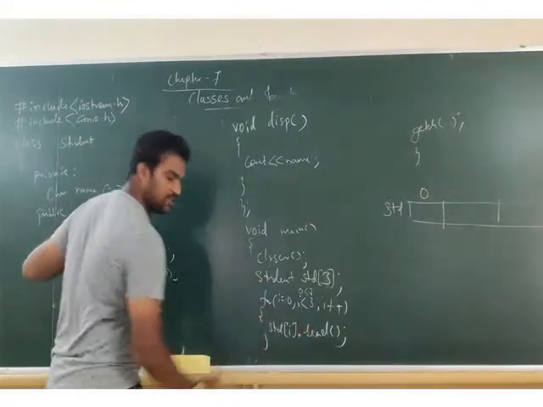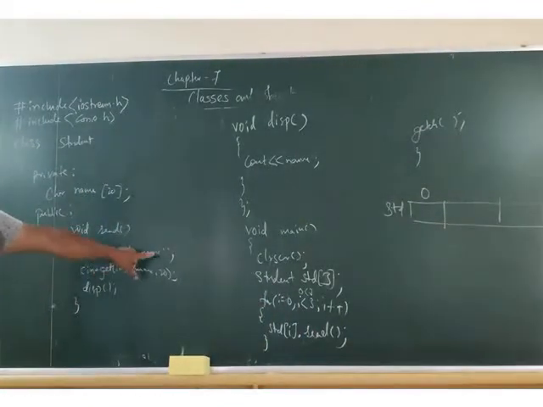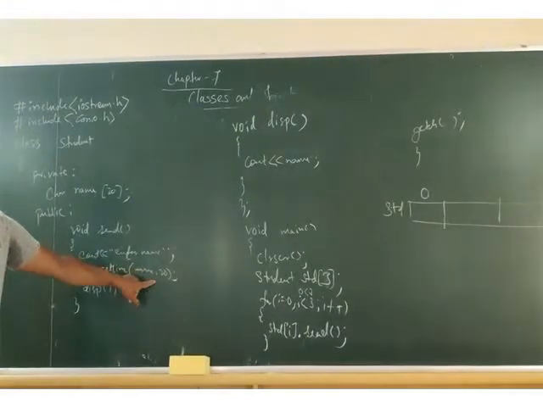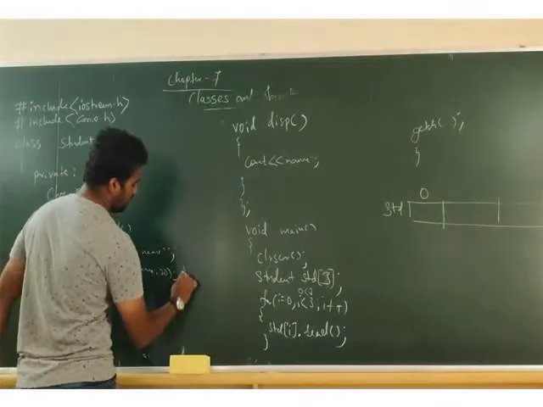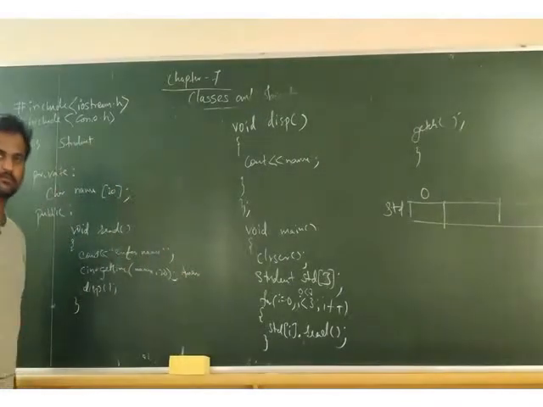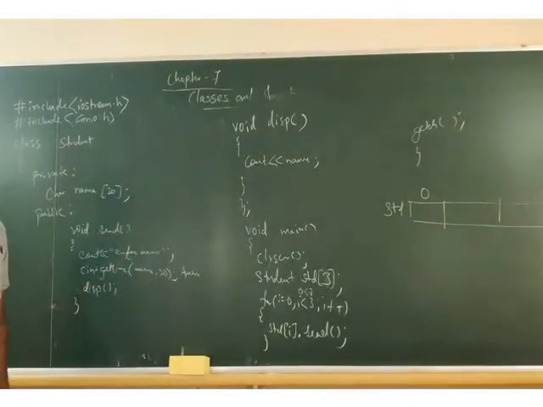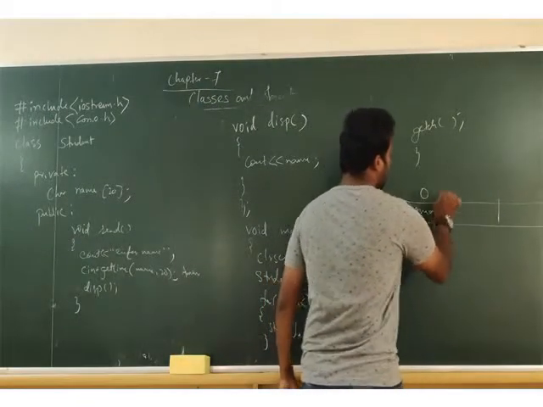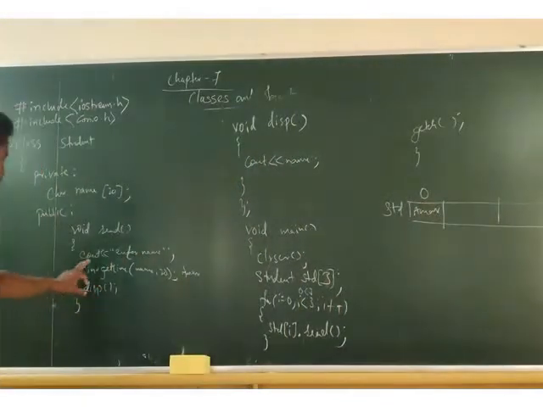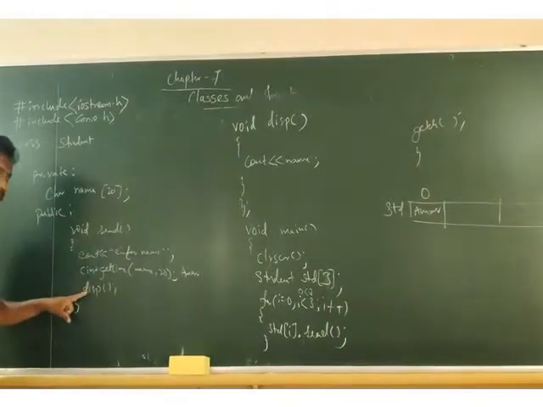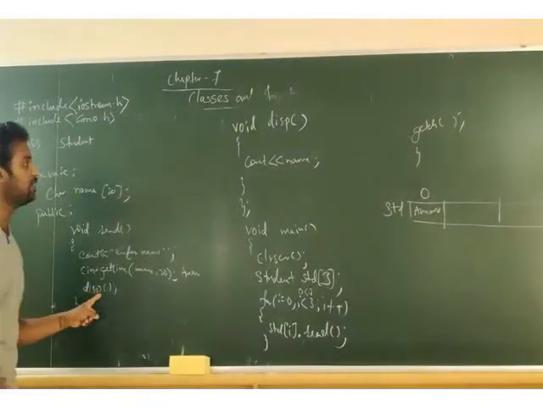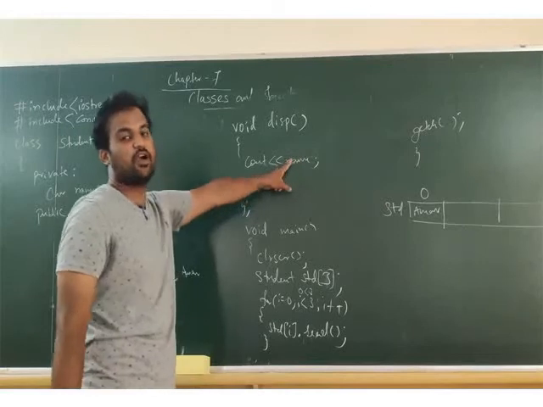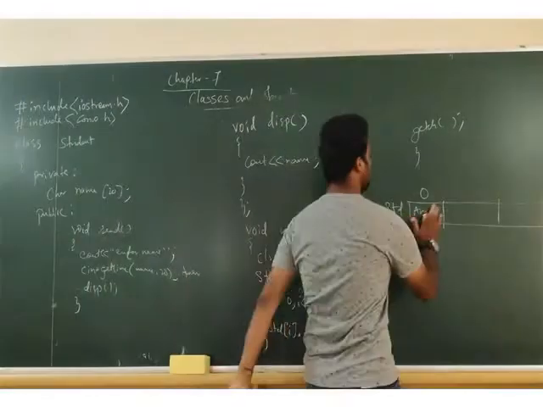What do we have to mention? We have to mention the read. Read means enter name. Where are we entering the name? We are entering the name here. I will enter here Amar. So for std of 0 I am entering the name Amar. Then what happens? Go to the next step, I have to display. Where do I have to display? Come here. cout name means displaying the name Amar.